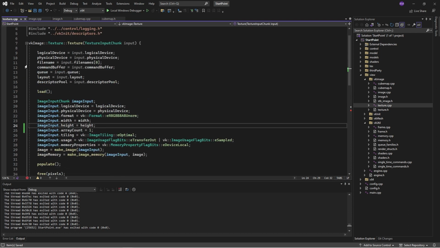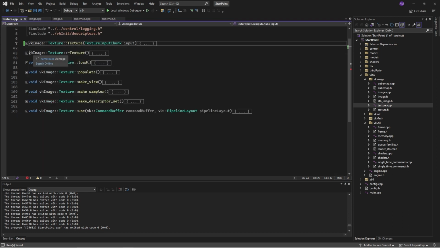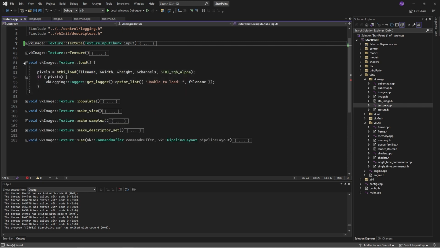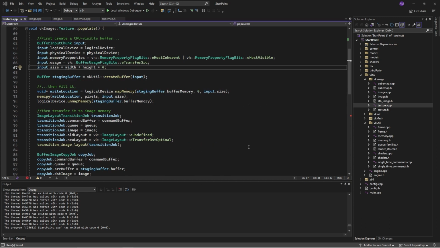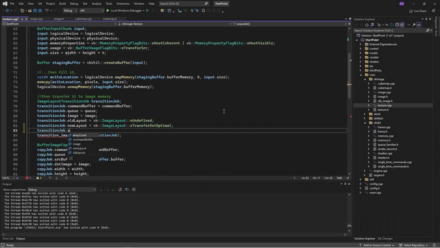Just being extra careful with this, because if I don't set one of these things that I'm meant to set, it won't throw an error here in the IDE, but then it'll get an uninitialized value. So instead of 1 for the array layers, it'll get some random number like -6,000, and it's annoying. So you need to set that to 1, and then similarly